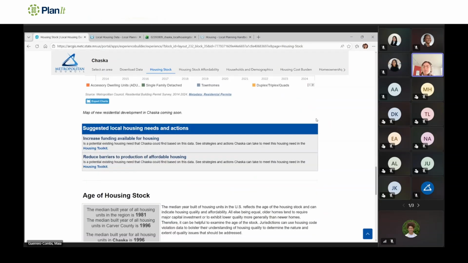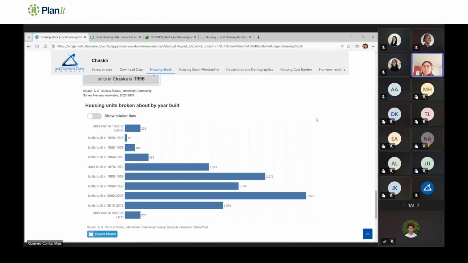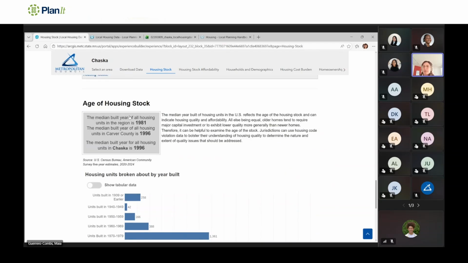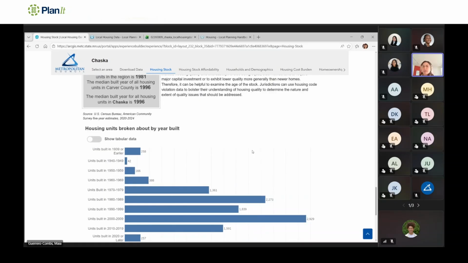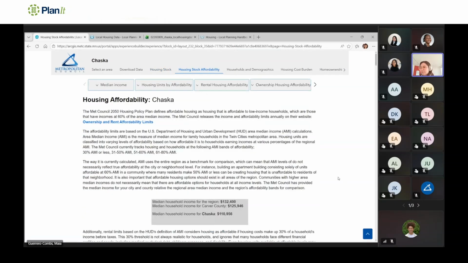And then finally, on this page, we're also going to have age of housing stock data, broken out by year built and also median built year, with regional and county context. The next tab is going to be the housing stock affordability. So this tab contains housing unit affordability data, and it'll focus on housing stock and its relative affordability based on